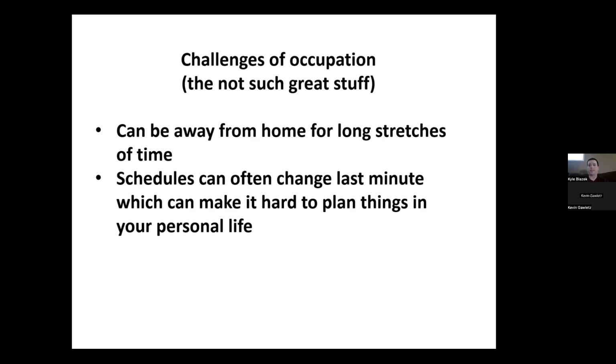And the client, they're paying for your food, your hotel, or wherever you're staying. They're not going to want to be paying for anything if you're just taking a day off. So you can be working long periods away from home. And while you're doing that, you're working probably 12 to 14 hours a day, every day. And that can get very tiring, and you can miss out on a lot of things in your own personal